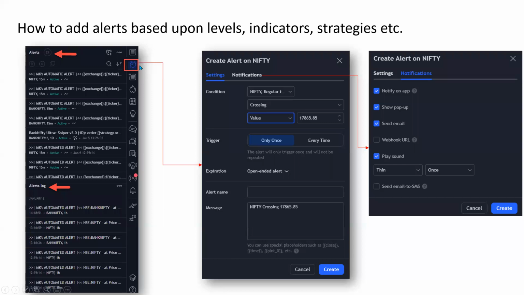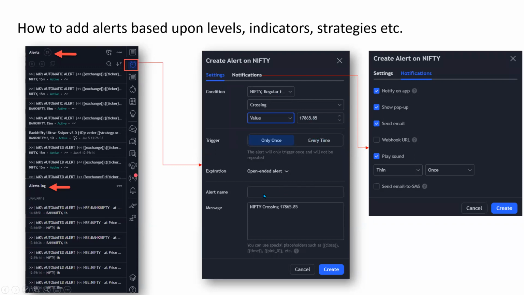Once you click on this, a pop-up comes up, which says condition. Let's say I want to set an alert for Nifty when it is crossing a particular price. You can give any price. Now, the trigger can be only once, or whenever Nifty crosses 17,800 or 900, this alert should come up for me.